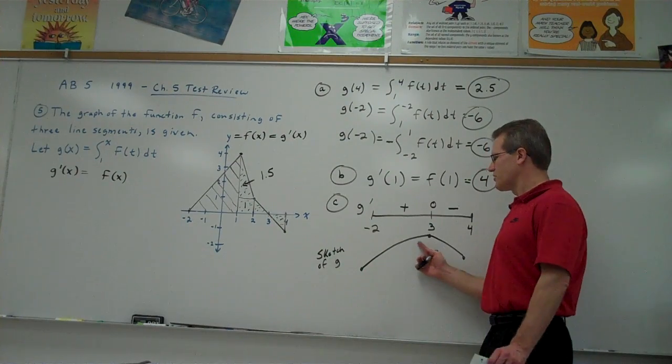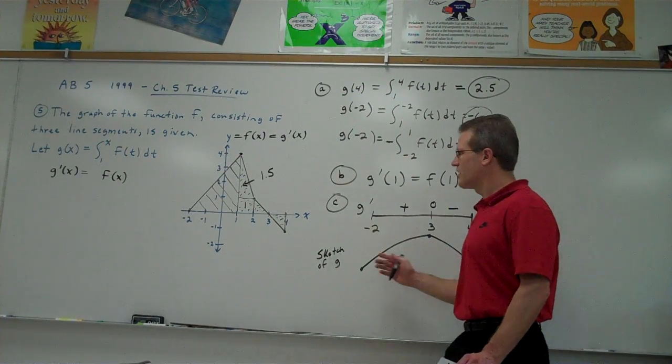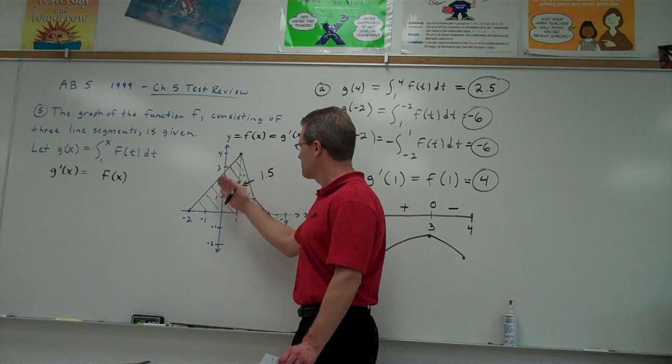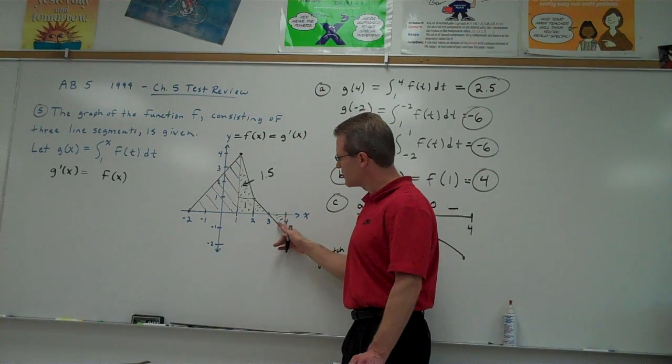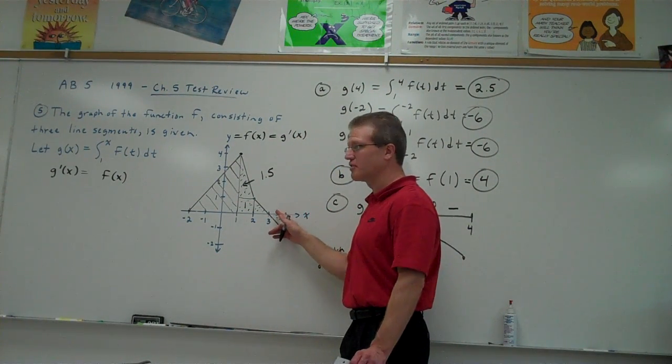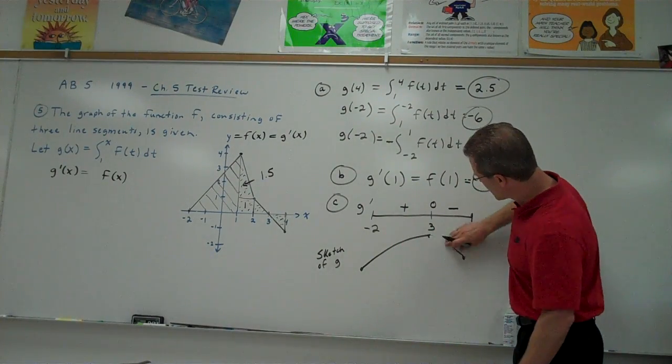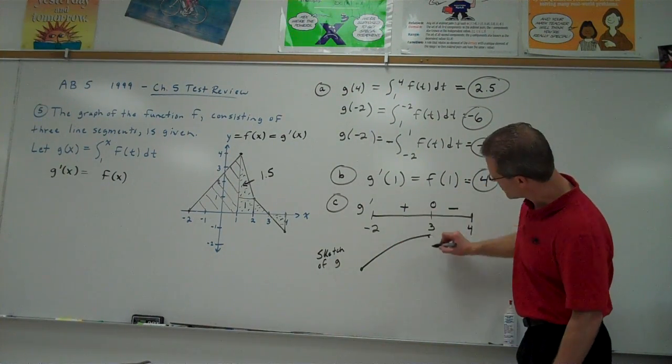How would I know how much it increased? Area. Right, the area between -2 and 3. This whole area here would tell me how much it increased. This little area underneath the x-axis would tell me how much it decreased. So maybe I don't have this drawn to scale. It's going to increase much more than it's going to decrease, because